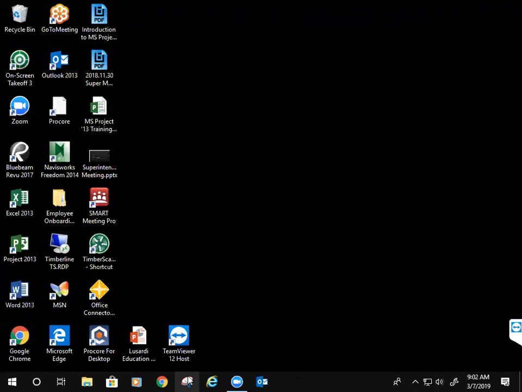The first thing you're going to do, for anybody that's remote, is VPN in. So you'll remote in through your Timberline VPN for remote services. Once you're logged into the network, you're going to double click this Timberscan application. And if it's your first time opening the application,